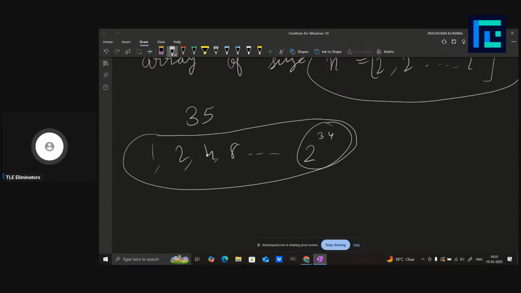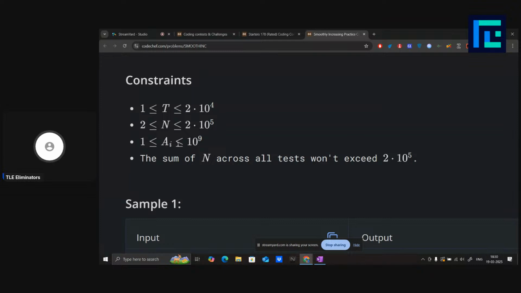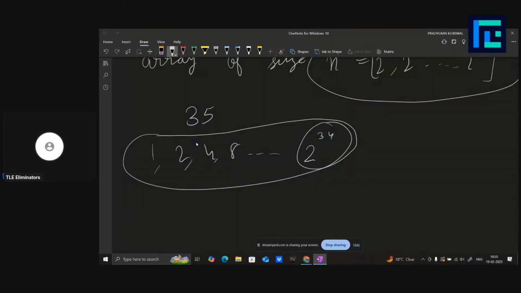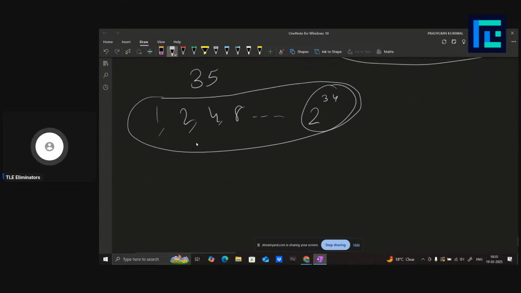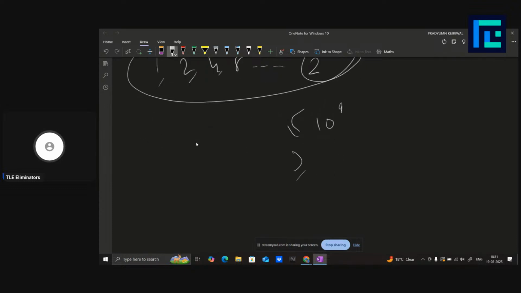But 2 to the power 34 is not possible. Like in the input, it will never be in the input this big of a number. So we can say that if we have been given an array which has all the elements less than or equal to 1e9, and it has length greater than or equal to 35, then we can say that it cannot be smoothly increasing. Or even 32, we can say, like even for 32 we can say that it cannot be smoothly increasing,